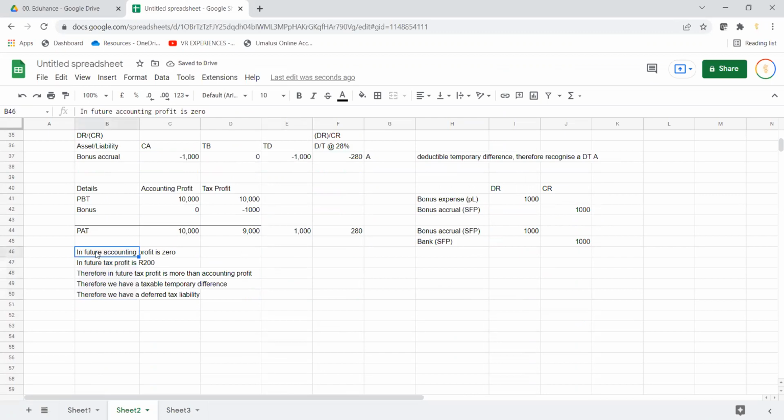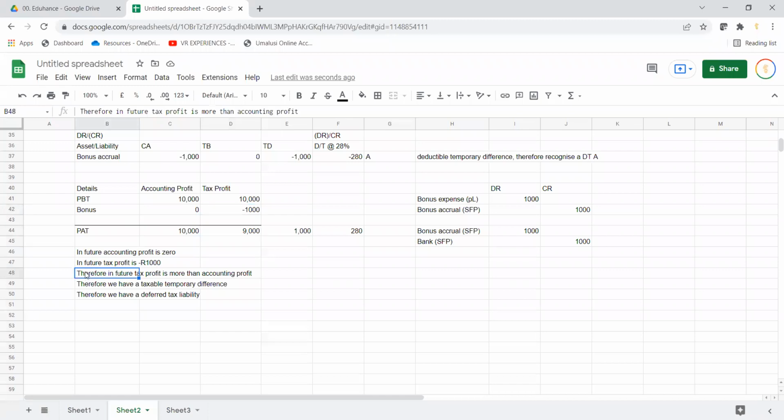in future, accounting profit would be 0. In future, tax profit would be minus 1,000 Rand. Or in future, accounting profit will be 0 if you just look at that line, or if you look at it from this perspective, it will be 10,000. In future, tax profit will be minus 1,000, or if you look at it from that perspective, it will be